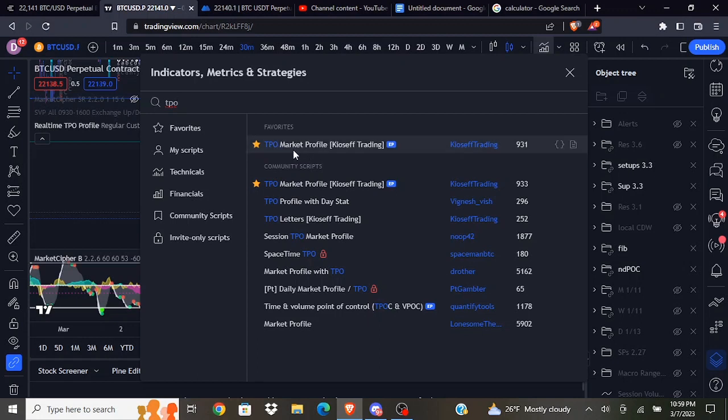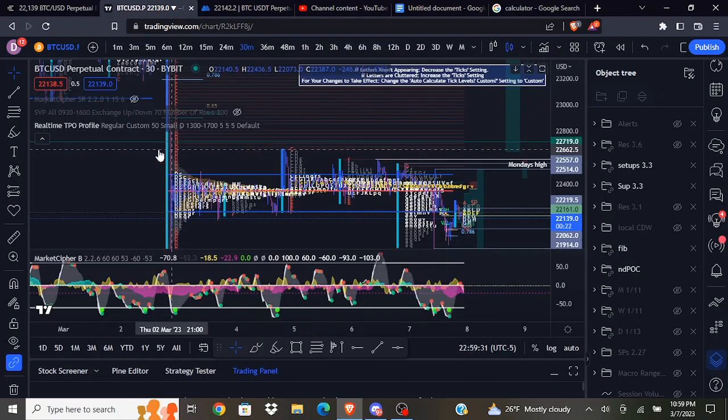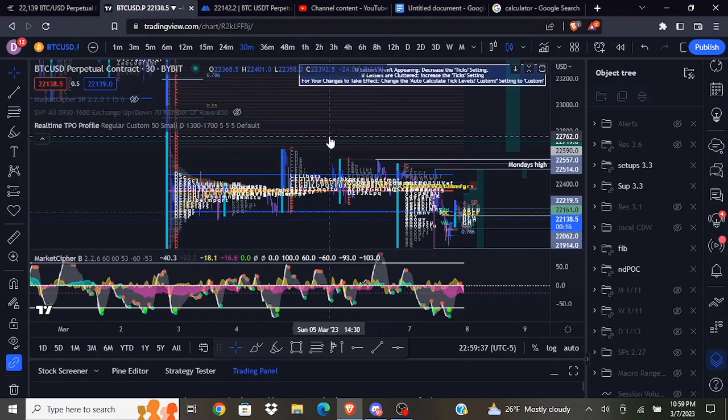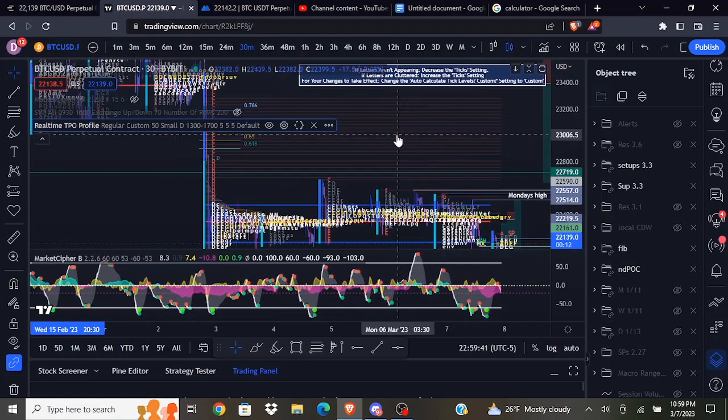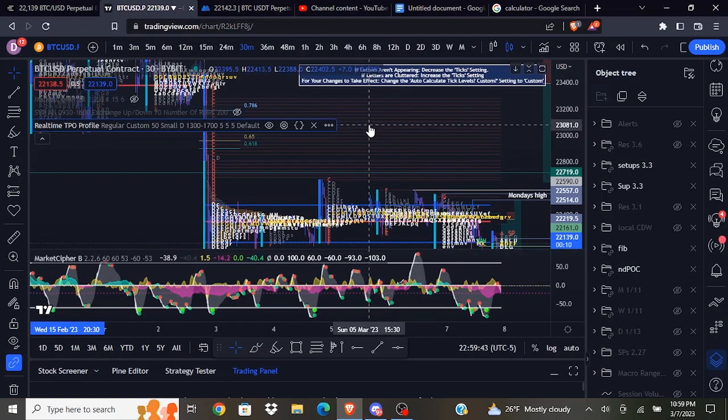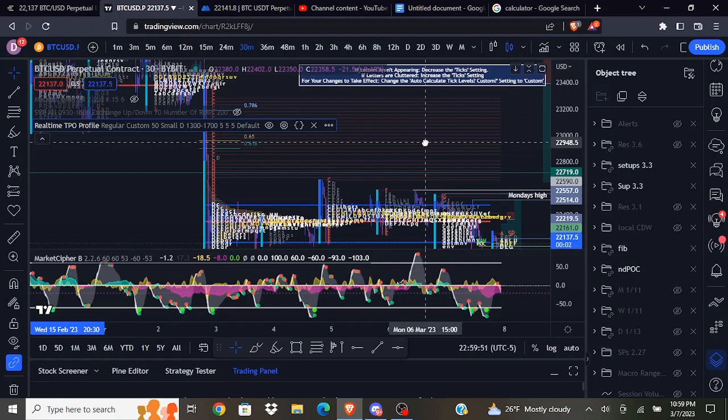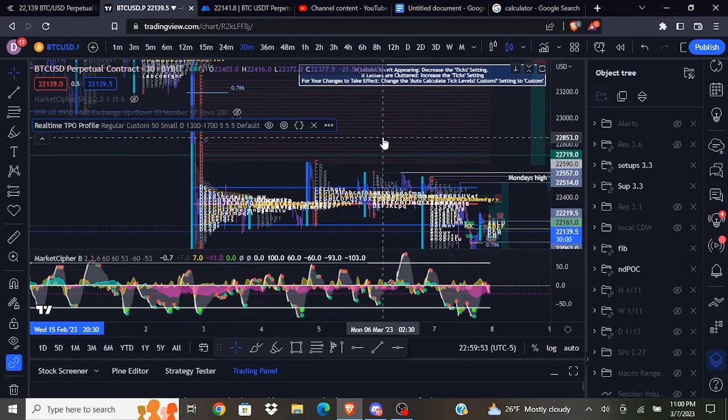I'm pretty sure you need paid TradingView to use this. I'm not 100% sure, but I think it said it was a premium indicator. But anyway, that's the indicator I've been using, and I'm very new to using TPO profiles. I've only been messing around with this one for probably like a month, maybe 2 months at this point. And so I'm still learning with this, but I have been marking out single prints, and they have been working